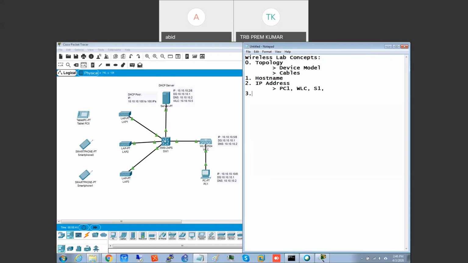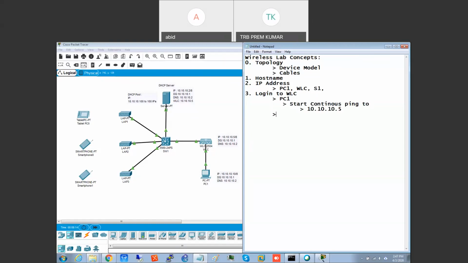Done. Now next, log in to WLC. Very, very important point. To log into WLC, we have to go to PC1. So on PC1, ping, or you can say start continuous ping into 10.10.10.5, meaning the WLC IP address.